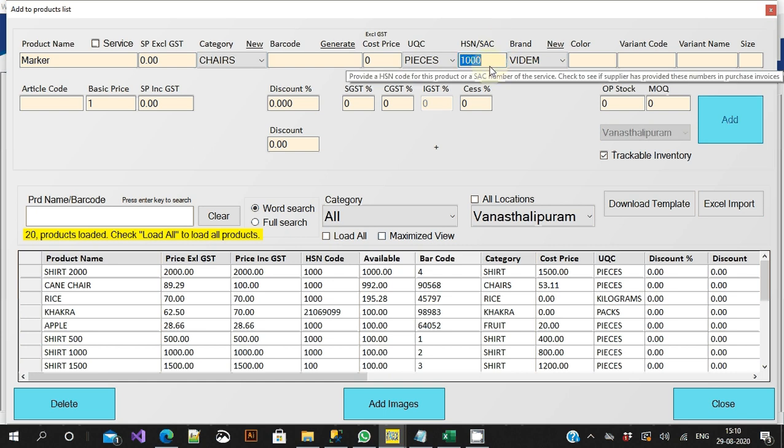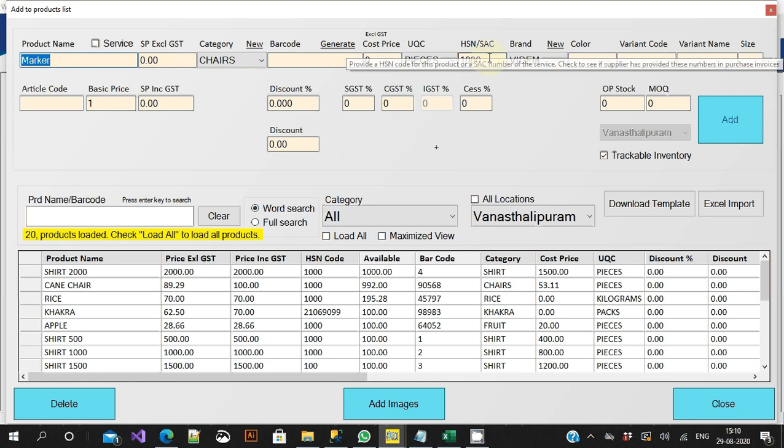You can go to the web, search in Google, and figure out what is the HSN code for a particular item. If you do not have any idea, don't panic. It is pretty simple. You open up your supplier invoices, check for this product. Under each product, you will see the HSN code he has given. So you pick up the same HSN code.